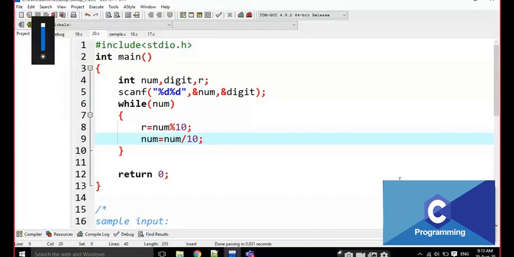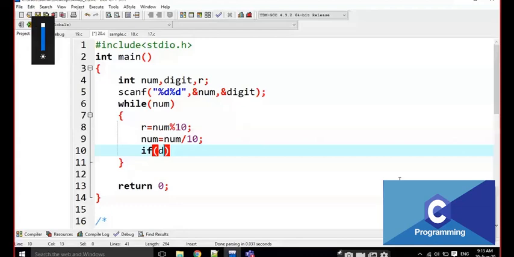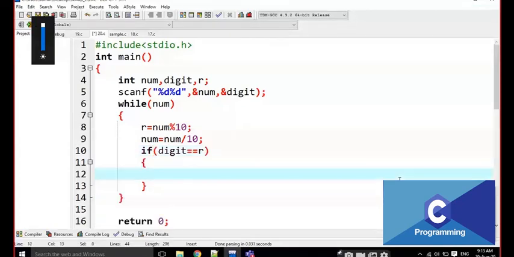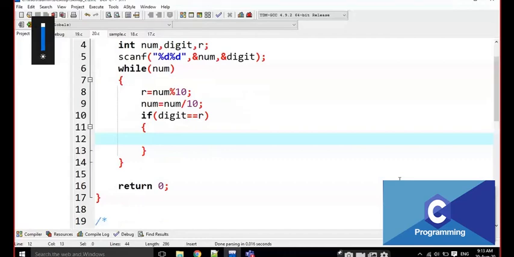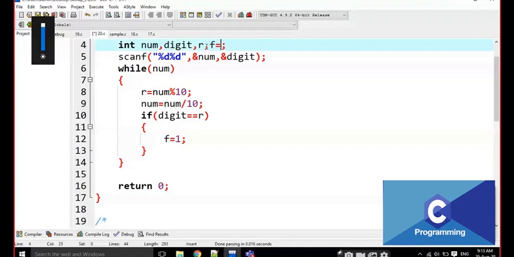Then we are going to check if digit is equal to r. If digit is equal to r, some flag is equal to 1 here, and I am going to take that flag as 0 every time. If a flag is 0, it indicates false.